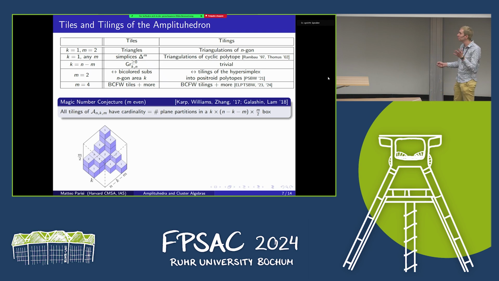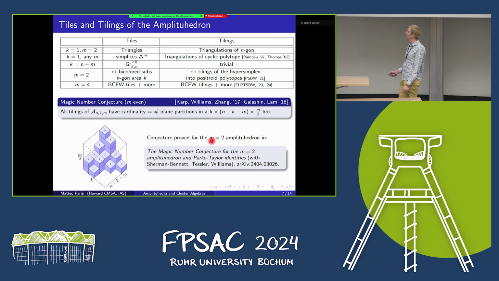There are not so many geometric objects that have this property in general, and for sure an n-gon has trivially this property, or triangulations have the same size. But it will also show that cyclic polytopes in even dimension have this property, and this conjecture is generalized for the amplituhedron for any m. And recently, this was proved in one paper for the m equals 2 amplituhedron. In one recent paper, the magic number conjecture for the m equals 2 amplituhedron, with my collaborators, Melissa Sherman-Bennett, Ran